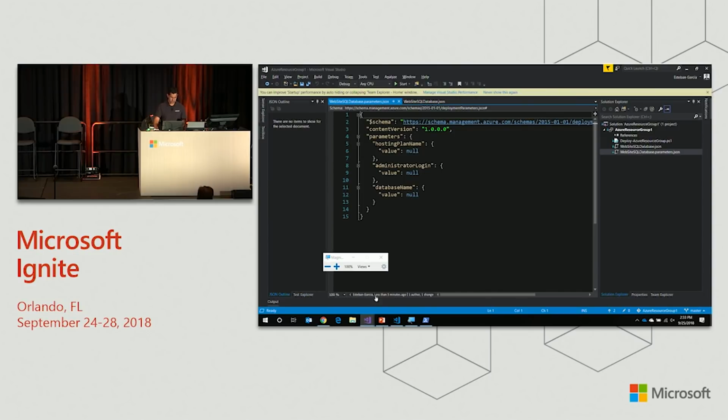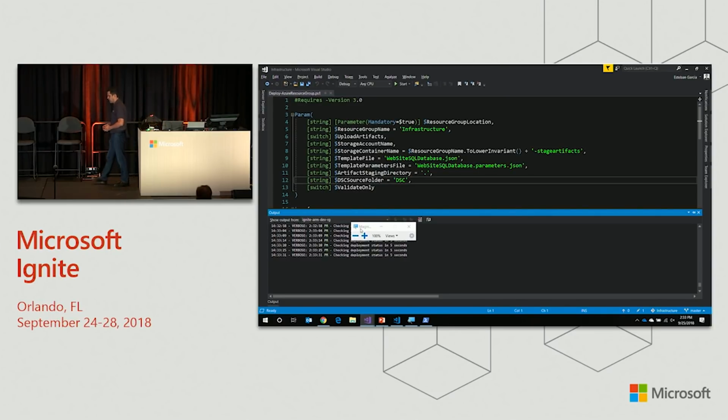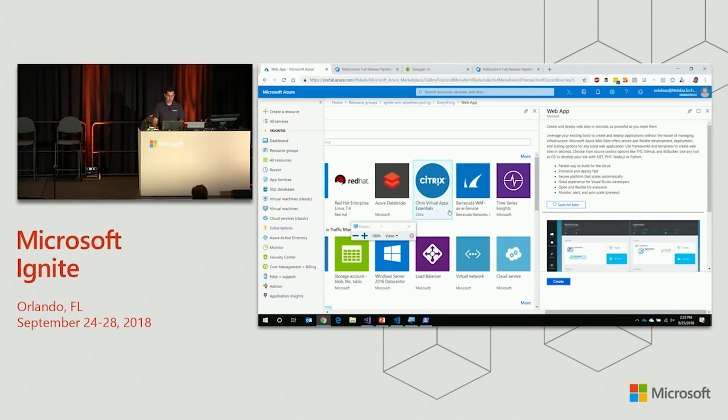Go back to my resource group that I was deploying from. See if this is finished. I was talking about this with the resource group deployment completed. You can see that it's actually still going. I just remember I have a Redis cache, and that takes like 20 minutes. Regardless, once it finishes, Visual Studio will let me know it finished, and then my resource group will complete altogether. Now, the other thing that you get for free by using resource groups this way,